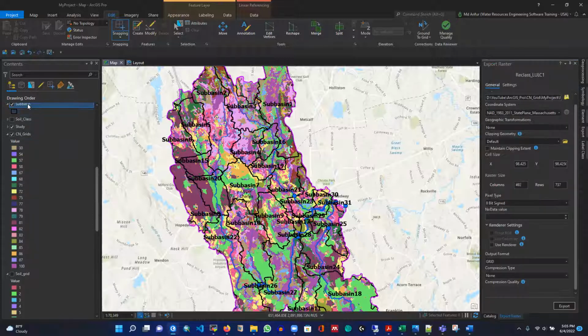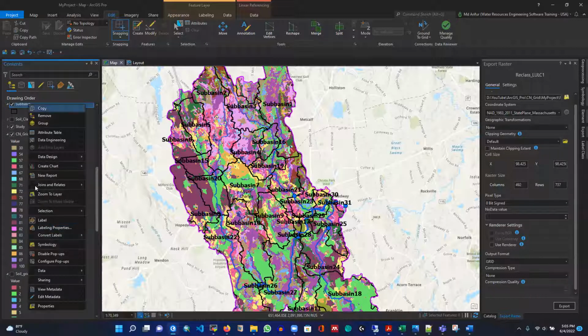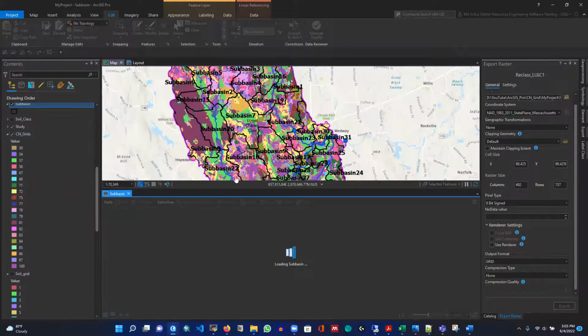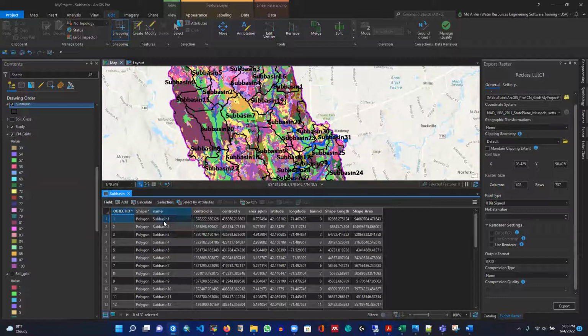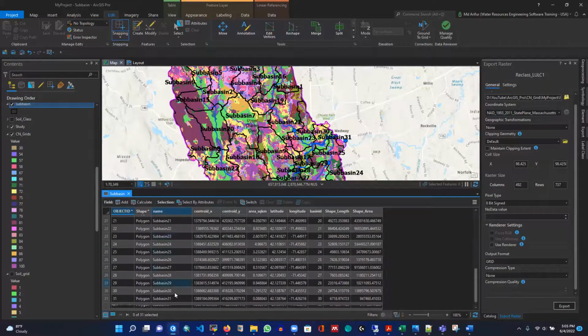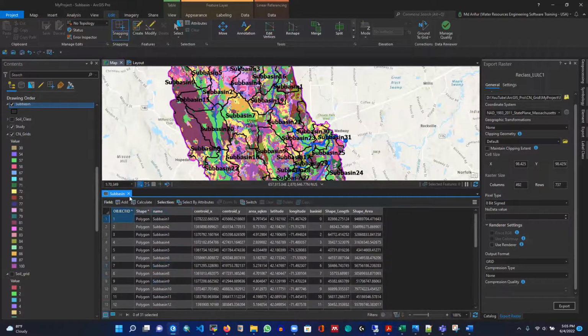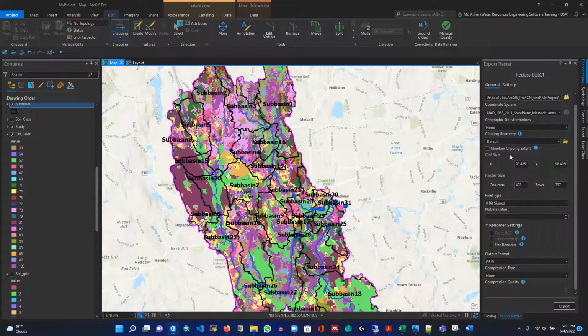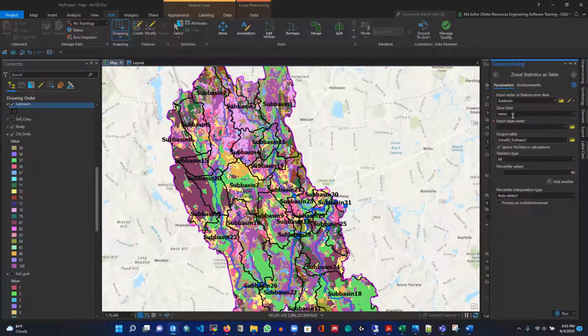If I show you that attribute table, you can see we need the curve number based on the name, subbasin 1, 2, 3, 4, and this is how we can assign the value in our model. So 1, 2, 3, 4, we have 31 subbasins here, so we need that. That's why I have selected here the name. Let me just open it. So I selected the input raster or feature zone data. That is the zone data I have, subbasin boundary, all this boundary, and the zone field will be name,